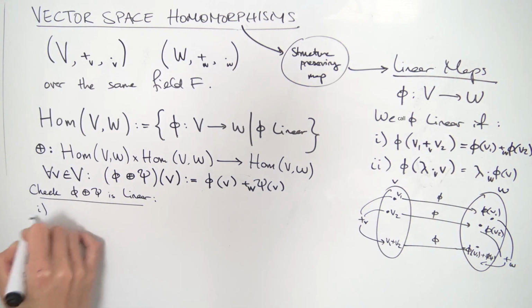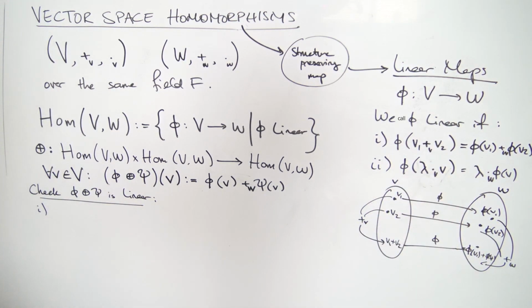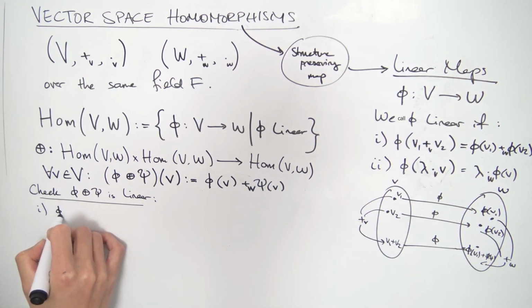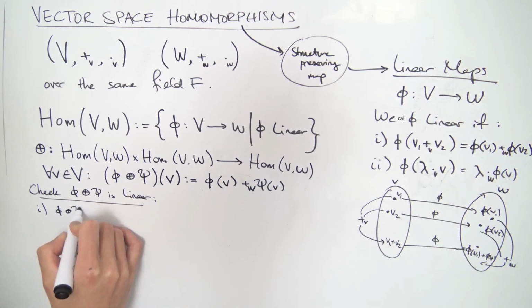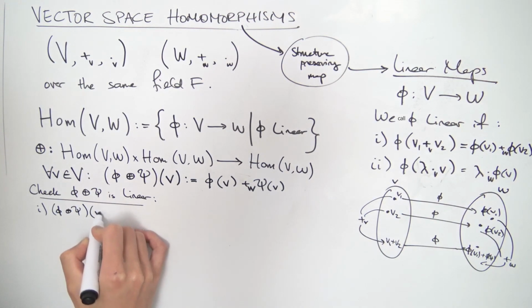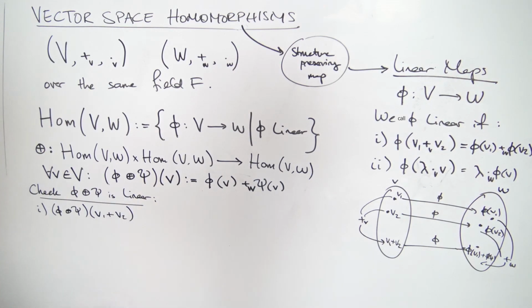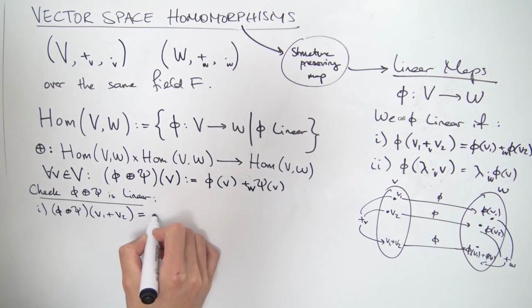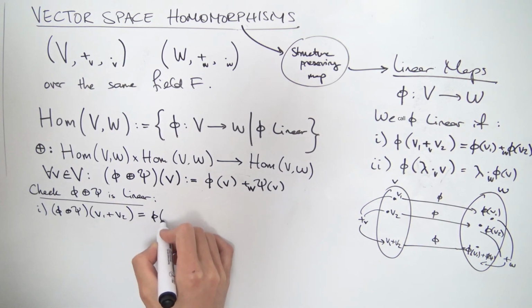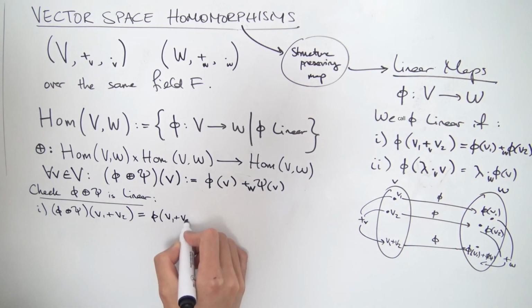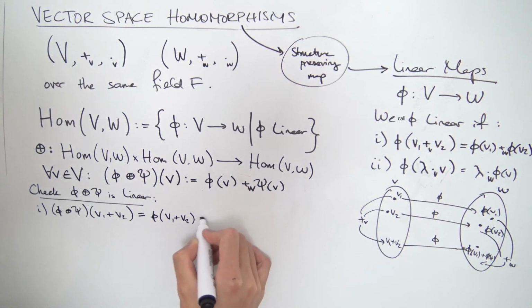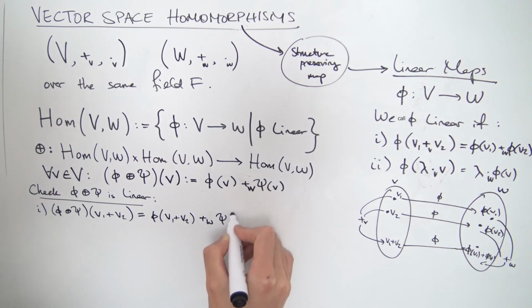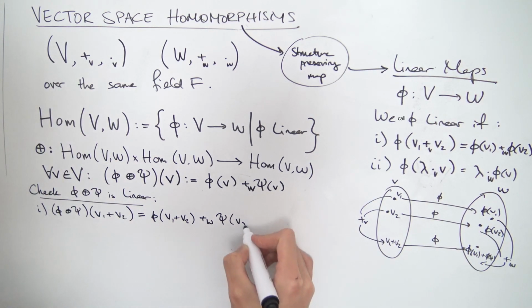How do we do this? Well, first of all, let's pick two elements in V, we'll just call them v1 and v2, and let's see what happens. So φ ∘+ ψ acting on v1 + v2. Well, first of all, what can we do? The only thing we can really do is use the definition of φ ∘+ ψ. So by definition, this is equal to, well, we take the φ of whatever's in here, so we take the φ of v1 + v2, and then we add it with, so plus on W, the ψ of whatever's on the inside over here, which is v1